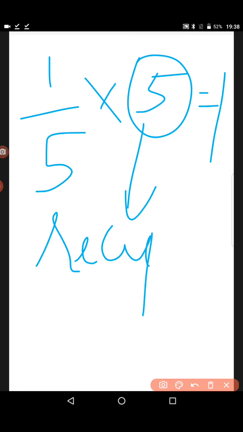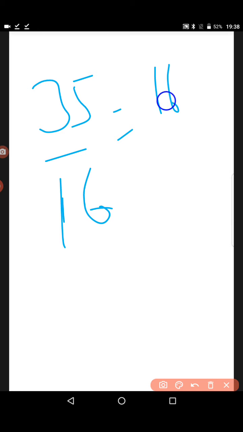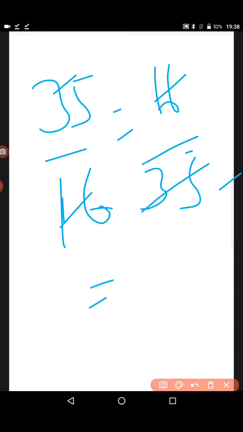I am just showing you one scenario, okay? Actually, when you want to find it, immediately I will give you one number, 35 by 16. You should not think much like this. If I give 35 by 16, immediately you should be able to say it is 16 by 35. Because when you cancel these, you will get 1. So that is a trick. You should be thinking like that. Now I showed you only a positive number example.